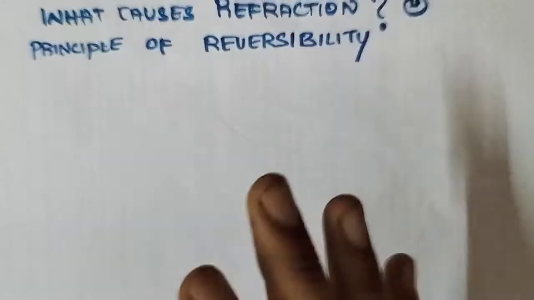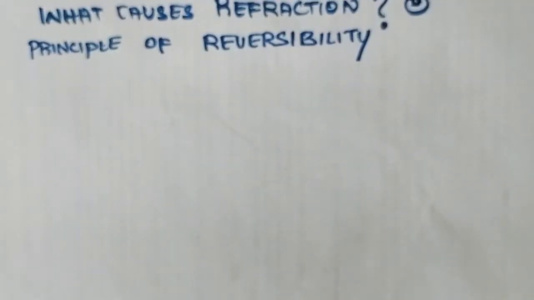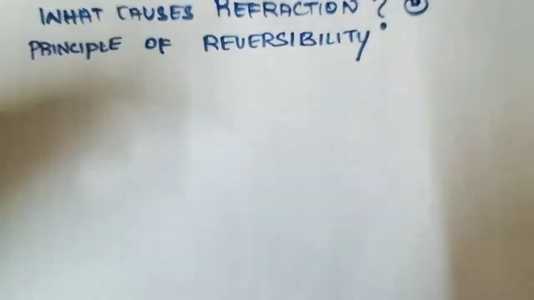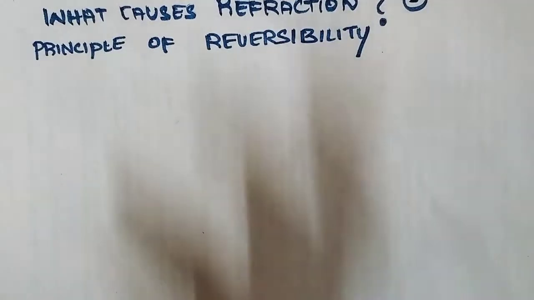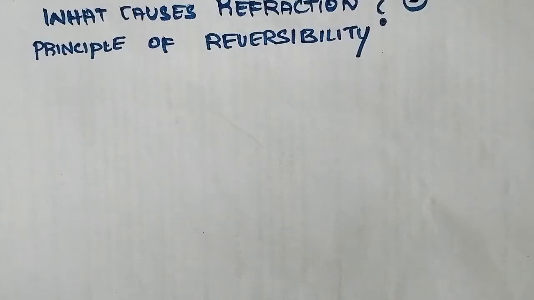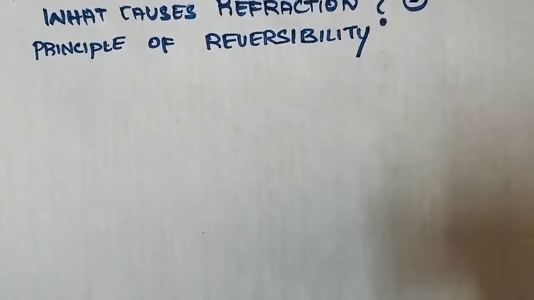But the frequency remains the same. You should not confuse frequency and wavelength. The bending of light, or refraction, occurs due to the change in the speed of light as it passes from one medium to another. Note this: the larger the change in the speed of light as it passes from one medium to another, the more is the bending due to refraction. Clear, children? So how much change there is between the speeds v1 and v2, that much the refractive index increases.